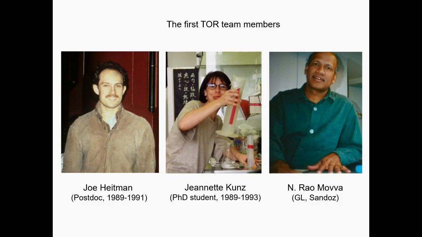So this suggested that whatever the mechanism of action of this drug, it's probably conserved all the way from yeast to human. So you could then use yeast cells to go after the mechanism, and the advantage of going after it in yeast cells is that you could then use yeast genetics. In those days, you could not do genetics with mammalian cells. You had to use more cumbersome biochemical techniques, but yeast genetics was a powerful approach in those days.